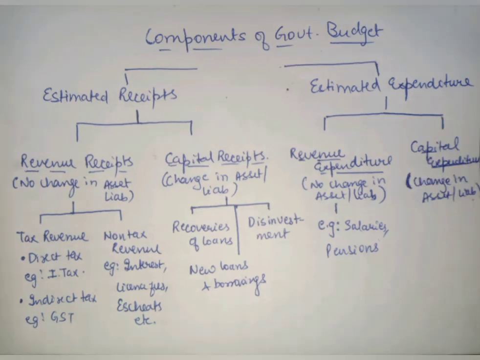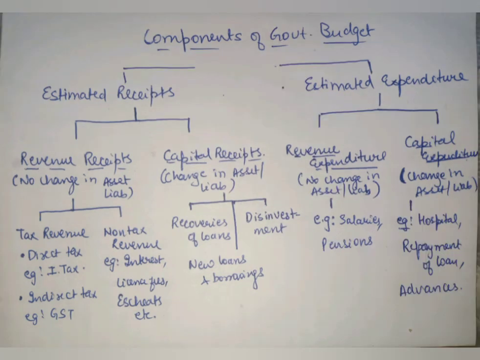The second category of expenditure is the capital expenditure. Capital expenditure is the one which either leads to creation of a new asset of the government or reduction in existing liabilities for the government. For example, when the government incurs expenditure on construction of a hospital or reduces some liability of the government, that is repayment of a loan taken from other countries, it leads to capital expenditure by the government. That is, creation of a hospital is the creation of an asset for the government, and repayment of a loan is a reduction in the liability for the government.